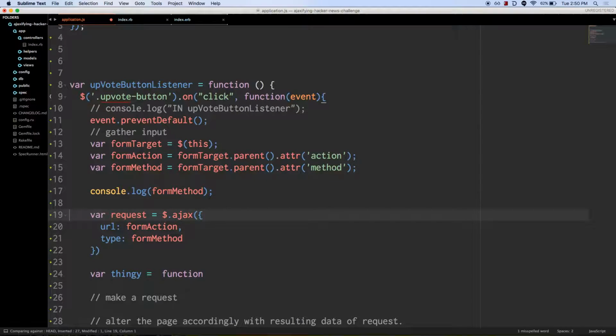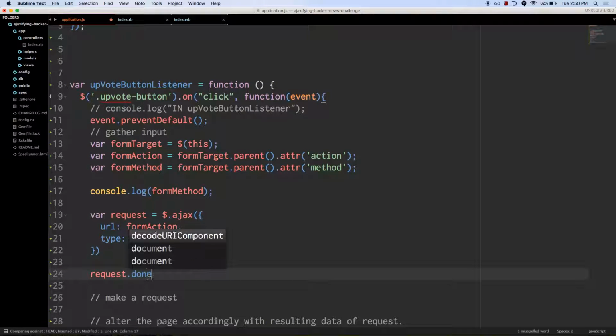In JavaScript, line 19 executes, 20 executes, 21 executes, 22 executes, 24 executes, and line 19 just now sent off this request to the server. The server's doing stuff. It's going to be a couple hundred milliseconds before this finishes. Doesn't matter. The rest of this has already kicked off and gone. It's not waiting. So it's because of that asynchronous nature that callbacks are so important to us. On our request variable that we made up here, we can invoke the callback .done. This is a callback function which is executed when the AJAX function is done. So .done equals a function,